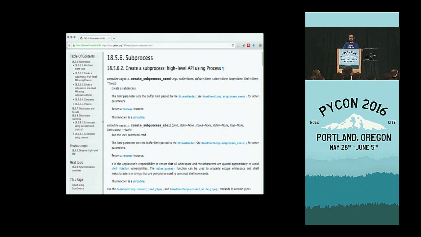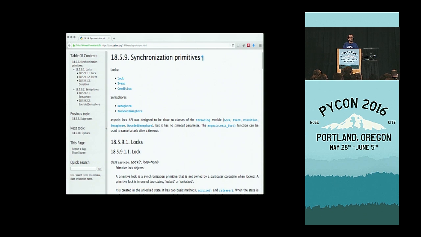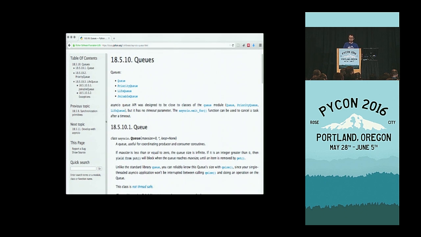And I was obviously making fun of locks and whatnot, saying, hey, with async IO, we can mostly get away with it. But if you really want deadlocks, you can still have them, right? You can still use those sorts of primitives. Obviously, I'm kidding. Sometimes they are needed. But before you try to use them, there's queues. Queues solve a lot of problems really nicely. So maybe this is actually a thing that you would like to use instead. This is what async IO provides.